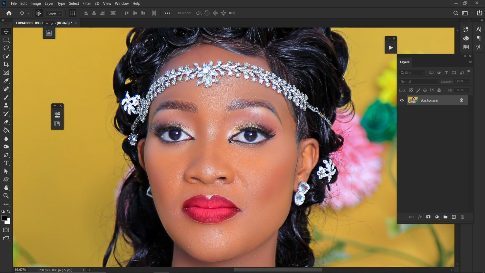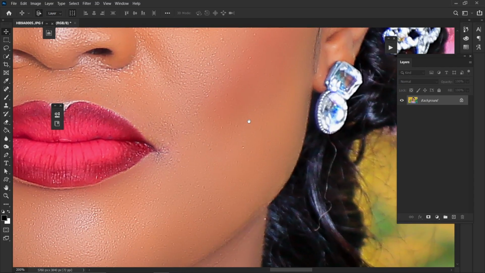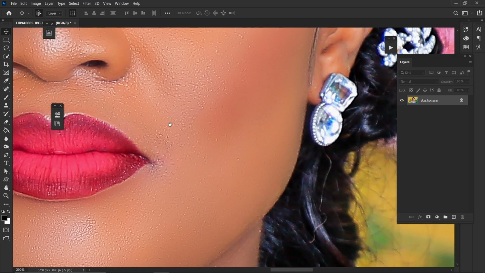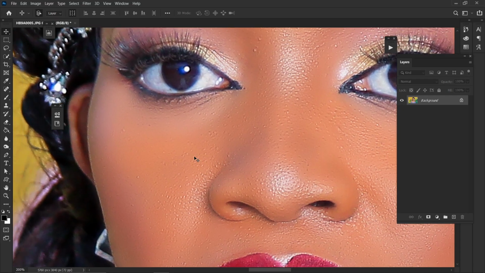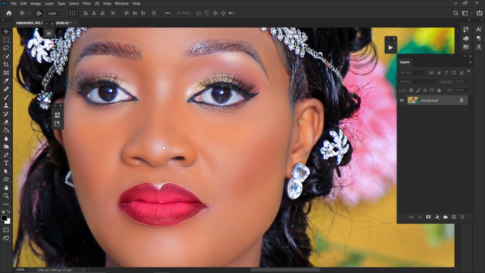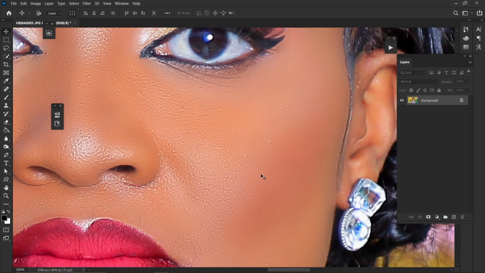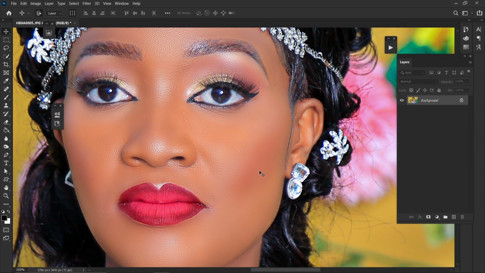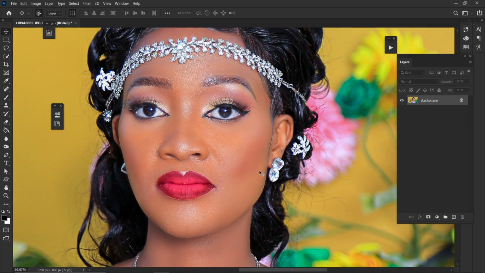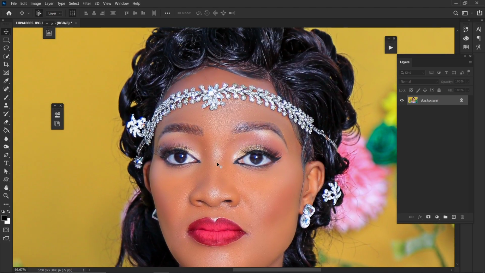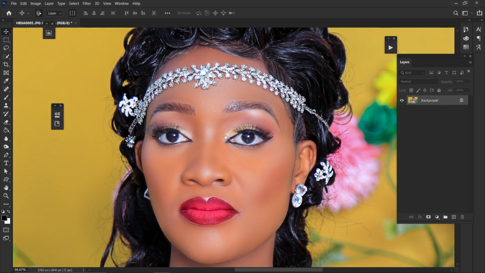In today's video we are going to learn how to make a realistic skin texture. As you can see, some parts of our photo have no skin texture, but stick around as I show you how to make realistic skin texture. First of all, you are going to go here in layers